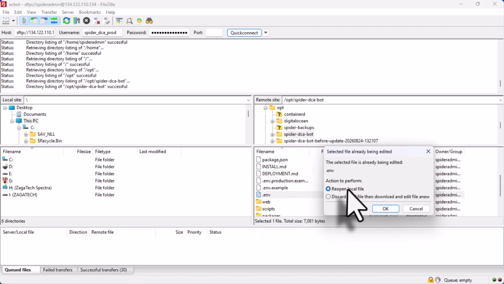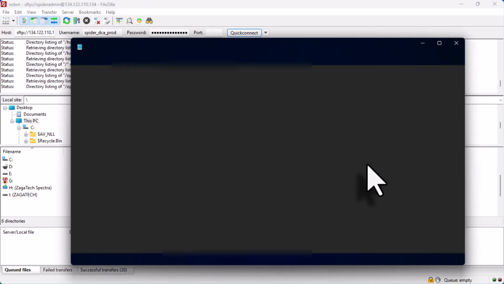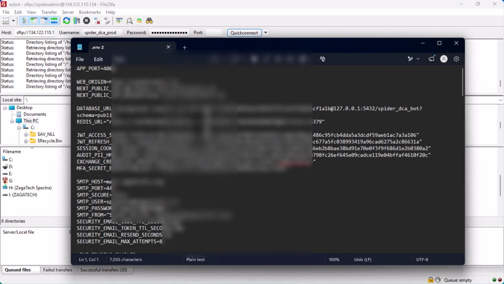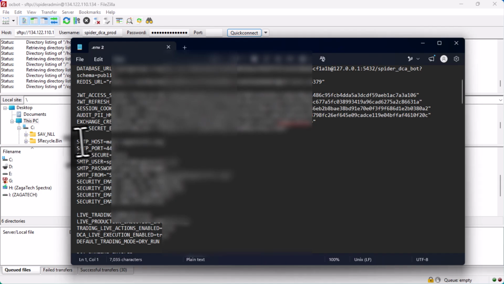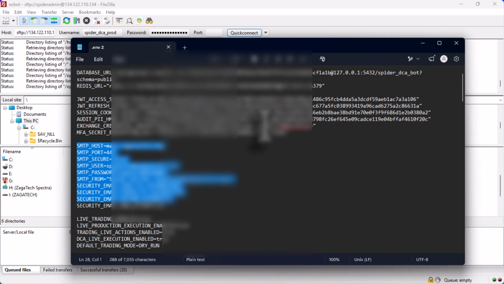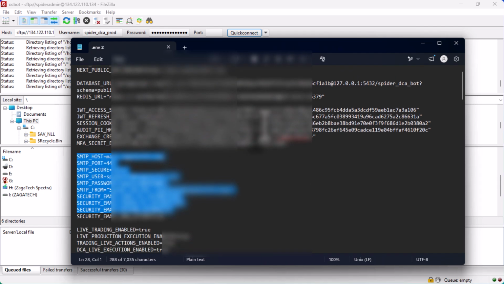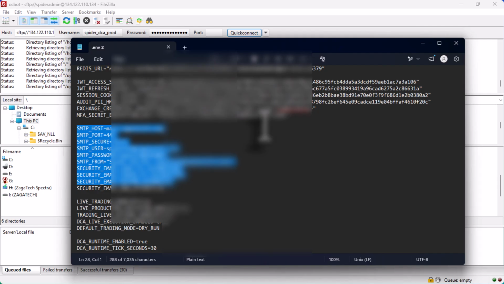Then click on reopen file, and it will open the whole file for me. So this is the email, the SMTP email settings you need to set by yourself, right? All these other things we are seeing here, like the secret token and a lot of other things, are automatically generated from the system